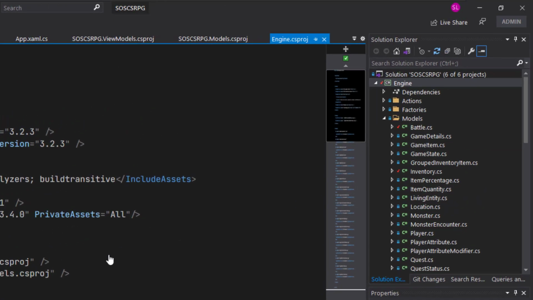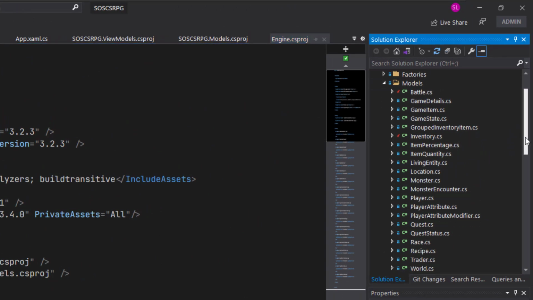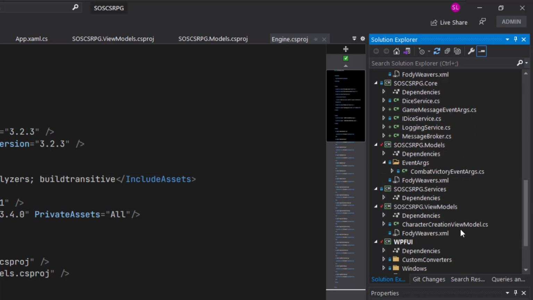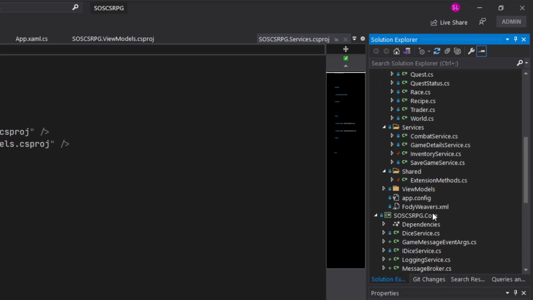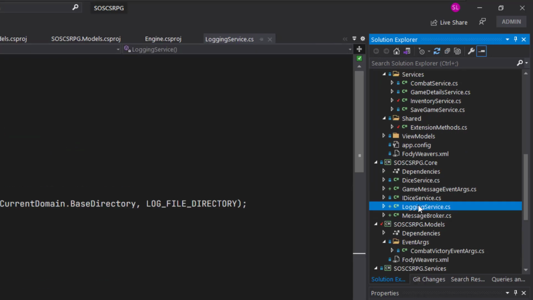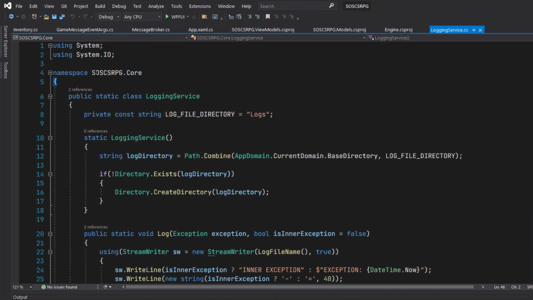And the first thing is in the SOSCSRPG.Services project, we're going to move the logging service out of that project and into SOSCSRPG.Core. Right now it's only used by the WPF UI project, but we might want to have any of the projects log an exception. So all you need to do is cut and paste the class from the Services project into the Core project. Then, like always, we'll go into the class, update its namespace to SOSCSRPG.Core,